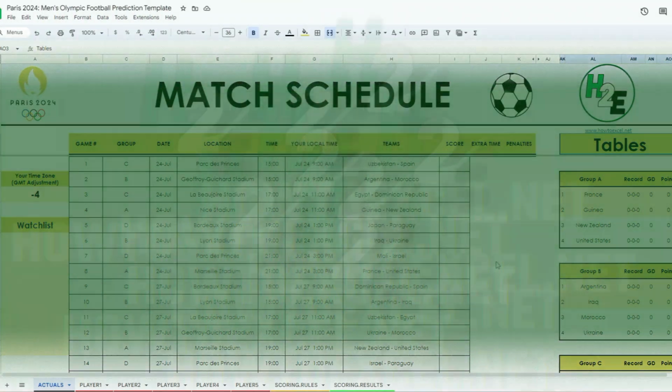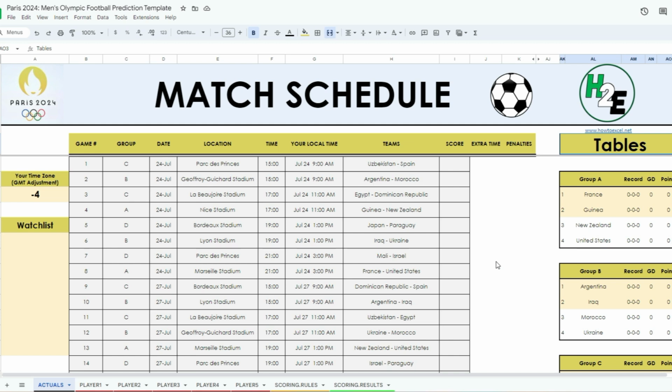Hey everybody, in today's video I'm going to share with you a new template I've created for the men's Olympic football tournament in Paris starting next month. And so this has a list of all the matches that are going to be played, and so you can keep track of the scores, make predictions with your friends, set scoring rules, and compare the results to see who's